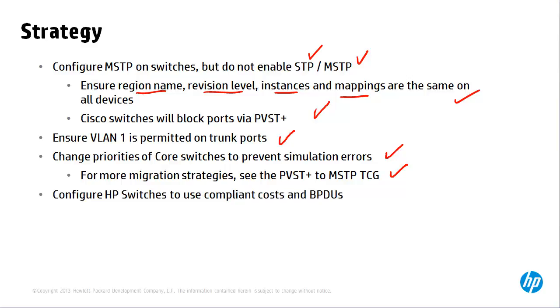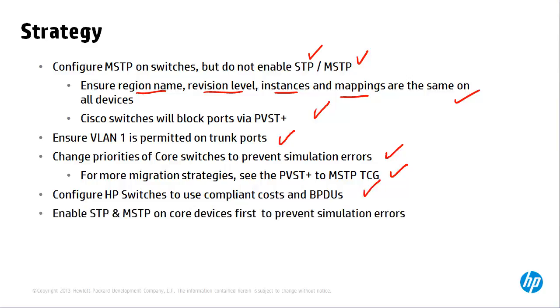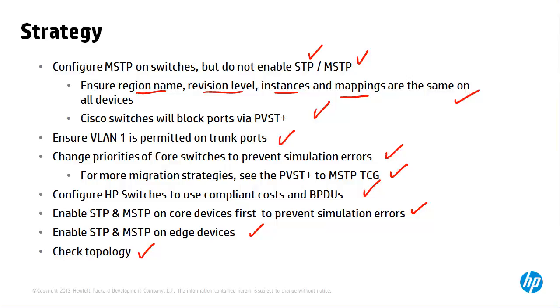We're going to then configure the HP switches to use compliant costs and compliant BPDUs. And then we're going to enable spanning tree and multiple spanning tree on the core devices first to prevent simulation errors. We'll then enable multiple spanning tree and spanning tree on the edge devices, and then we'll do a check of our topology to ensure that all the devices are in a single region and that the right ports are